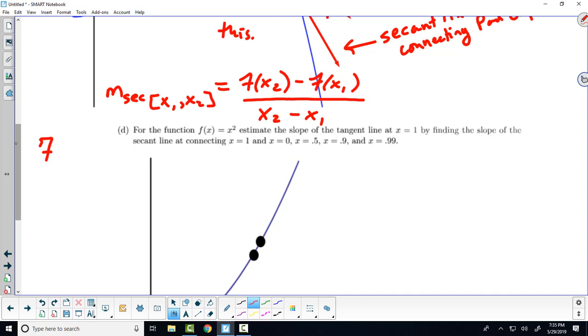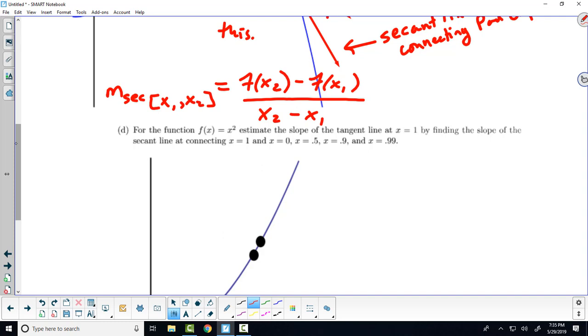Okay, but anyway, so rather than saying y2 minus y1, how would we get the y2 value? We'd get the y2 value by plugging the x2 domain value into the function. So that's why we've written f of x2. Okay, any questions on that? Okay, all right. So let's go ahead and